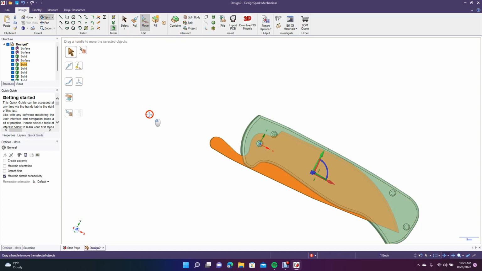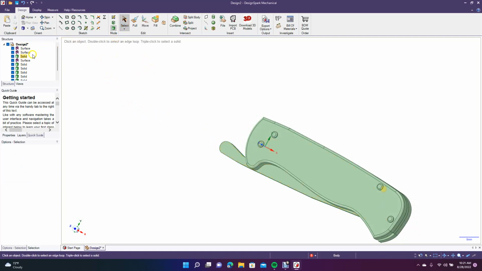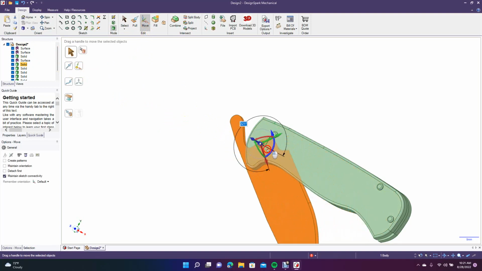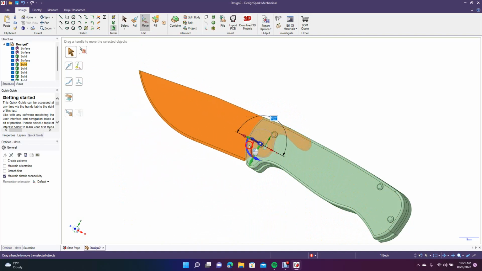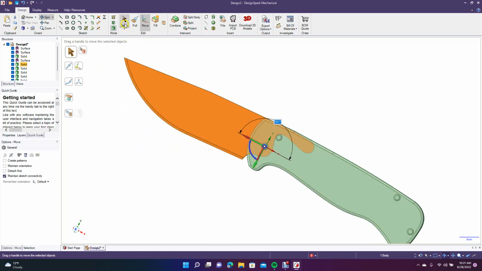Looks like it didn't move. Let's spin this. Come up here to the surface, select it, go to move, change anchor point to here, then go ahead and grab the blue, fold it back out. Then you could spin this, make sure it's resting on that pin there, and then go ahead and select the